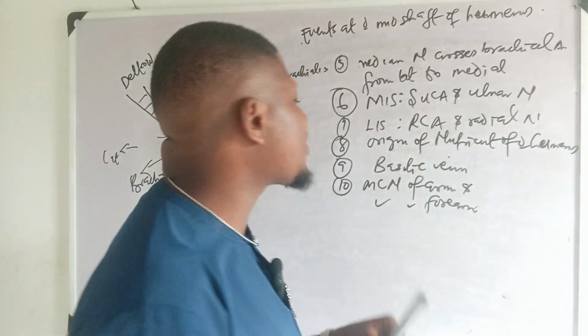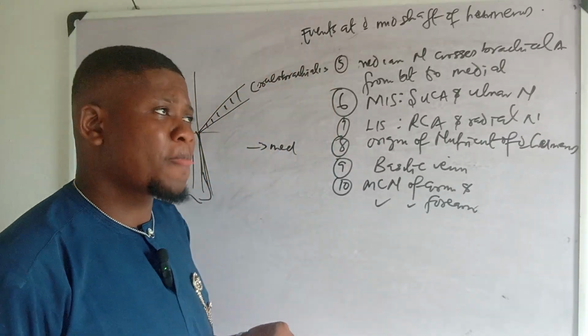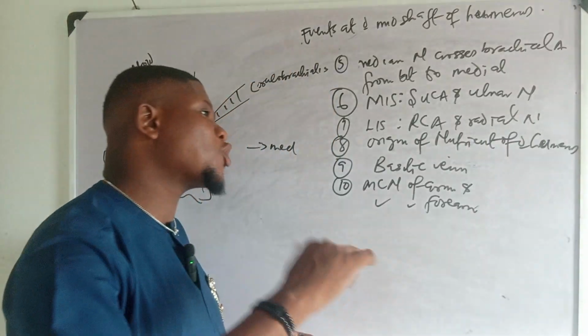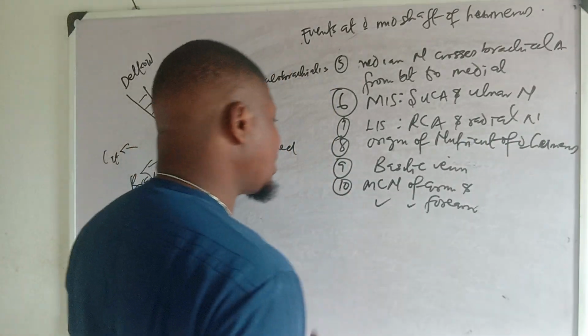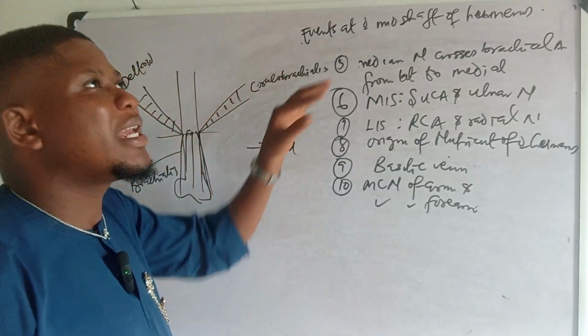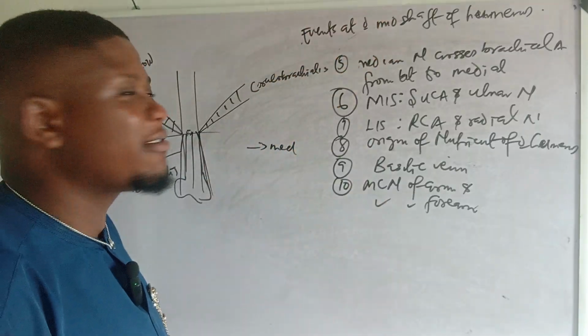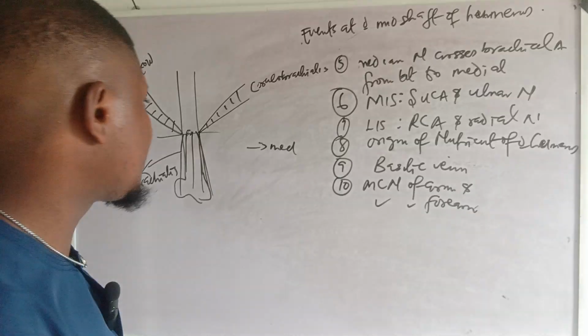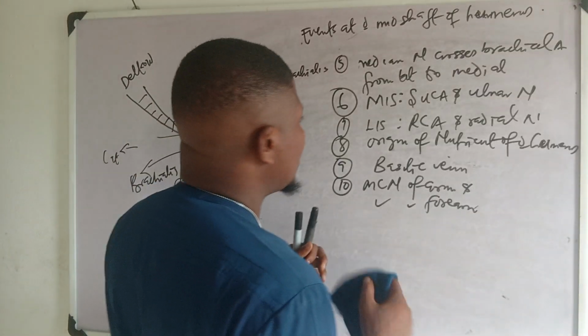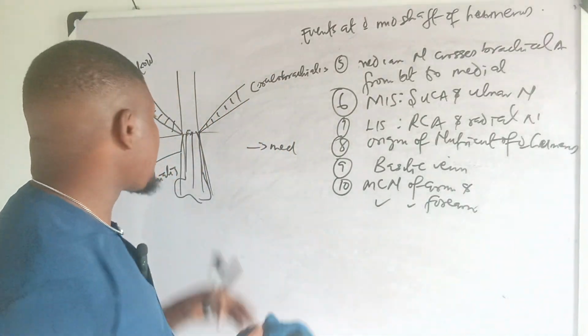So the medial cutaneous nerve of arm and forearm pierce the deep fascia of the arm to appear superficial for their innervation at the mid shaft. So these are the powerful events that occur at the level of mid shaft of what? Humerus. So you need to know them. Okay, I think we are done with